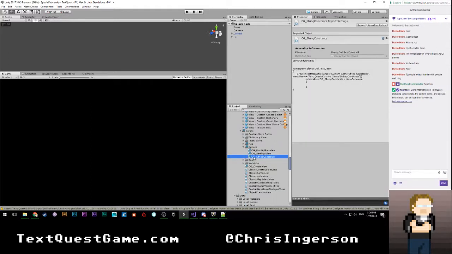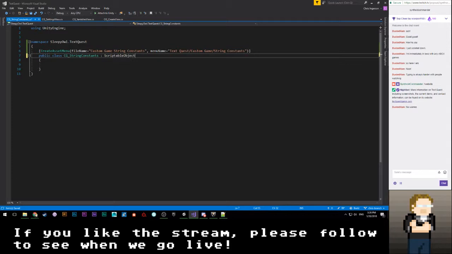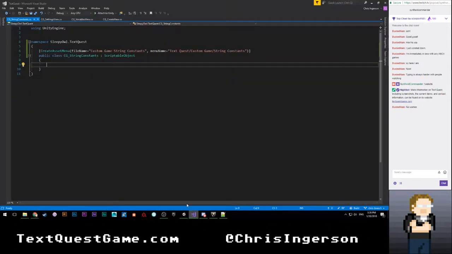Where was I? Oh, right. I was lamenting the fact that I need to do a lot of editor scripting. That won't be too bad. So for this, it's going to be a scriptable object. Let's go ahead and say scriptable object. And we're going to have, I guess, well, does it make sense to have a list? They might as well be arrays. But it is going to need a class for that, which I guess I can just actually put inside here. So we're going to go ahead and say public class. And we're going to go ahead and just define this as constant. Wow, constant. I cannot type.